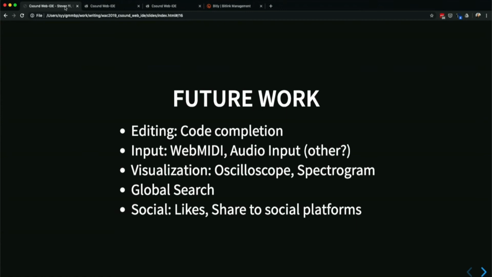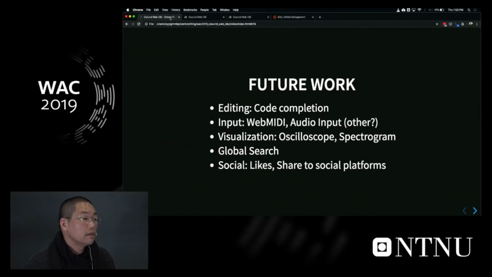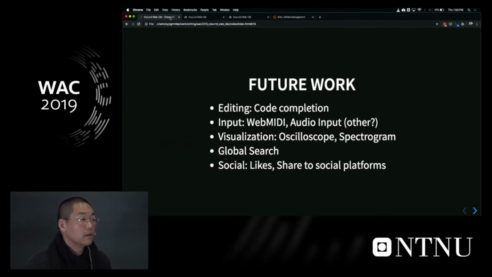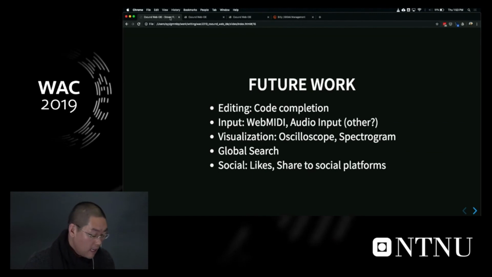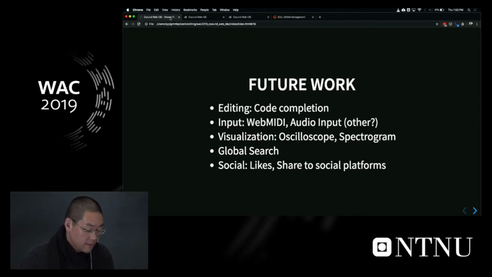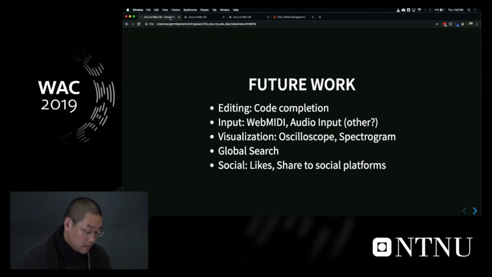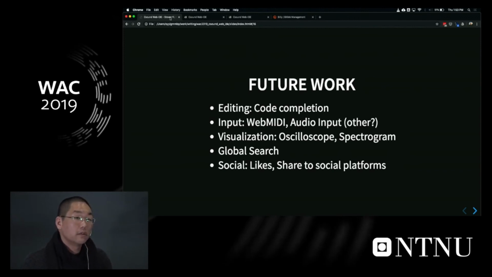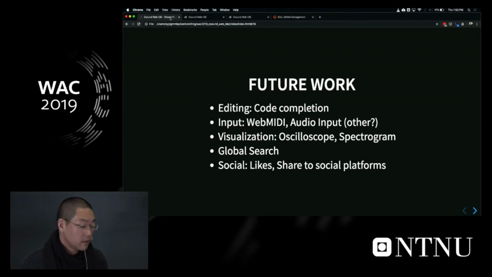We've gotten pretty far. We're probably getting close to an open beta, and we still have to implement things like code completion. Web MIDI and audio input is available through Csound, the Web Audio Csound, but we don't have it exposed in the Web-IDE yet. Visualization, oscilloscopes and spectrograms, global search, social features like likes, the ability to quickly share to other social media platforms like Twitter,